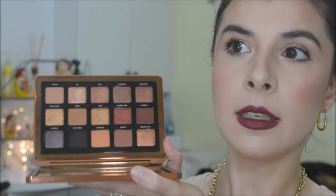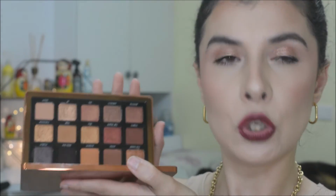I think the formulas are great, and I think that these are beautiful neutral palettes. I wore this on my eyes not too long ago. I love them. Look at how beautiful this is. It is a little bit dramatic and kind of dark for a neutral palette, but beautiful nonetheless. But the other one that I really love is the Glam Palette. This one is my absolute favorite when it comes to larger Natasha Denona palettes,